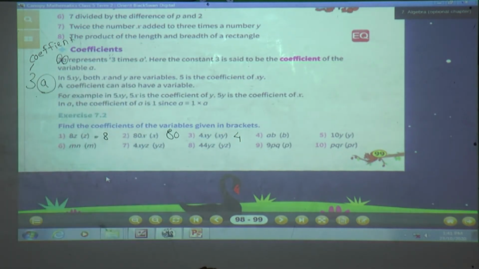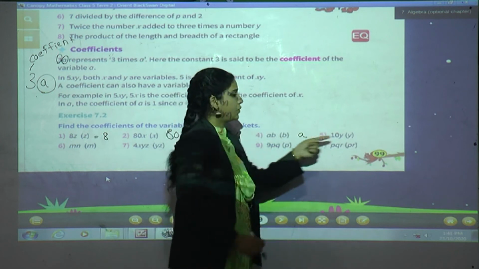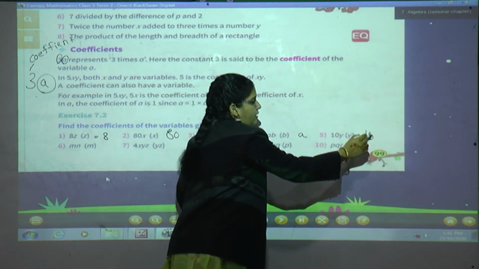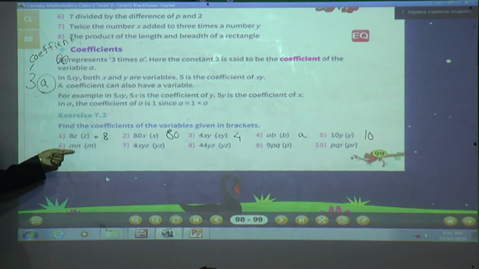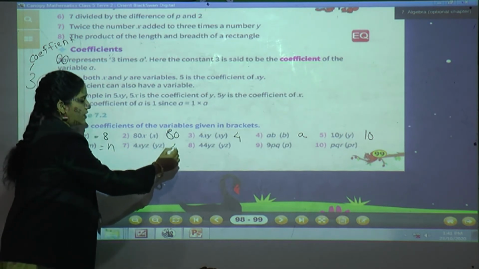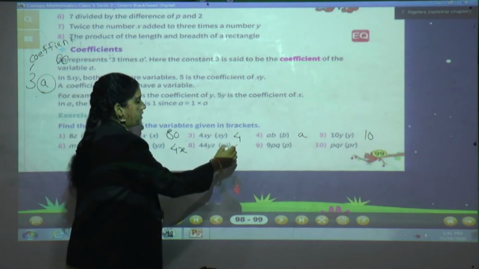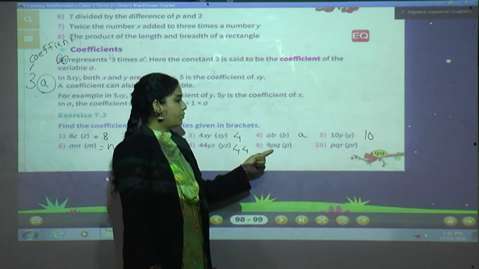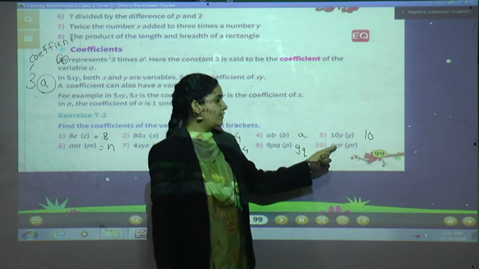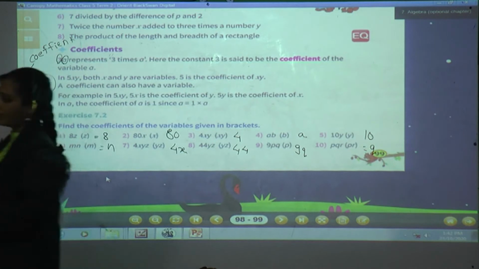Okay. Now the variable b. Here the coefficient of b is a. Now you tell me the variable y. Very good, 10. Okay. Now the next one, the variable m is n. The variable yz, 4x. Very good, students. Here the variable yz is 44. The variable t is 9q. Again the variable tr is q. Understood all of you?